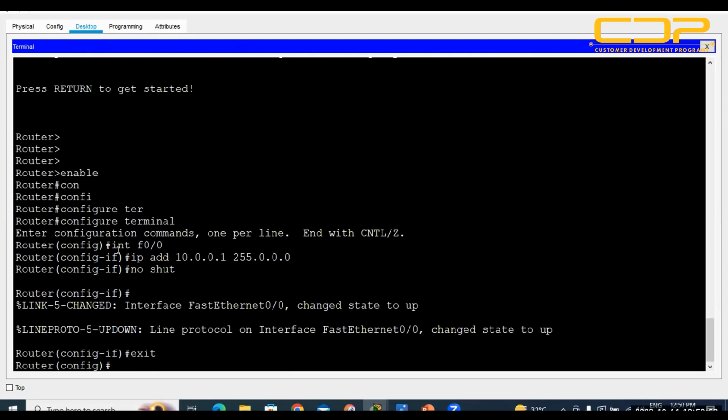This is the basic configuration to configure the particular port. Which is the port? The FastEthernet F0/0. We are configuring this IP address on the particular port, and this is the IP address we are putting as the default gateway IP address of the system. Now I am showing you